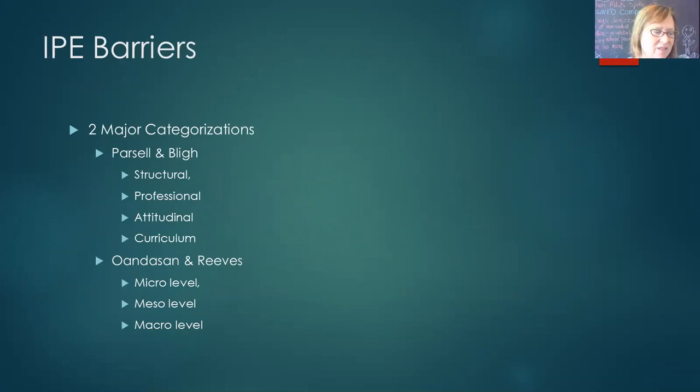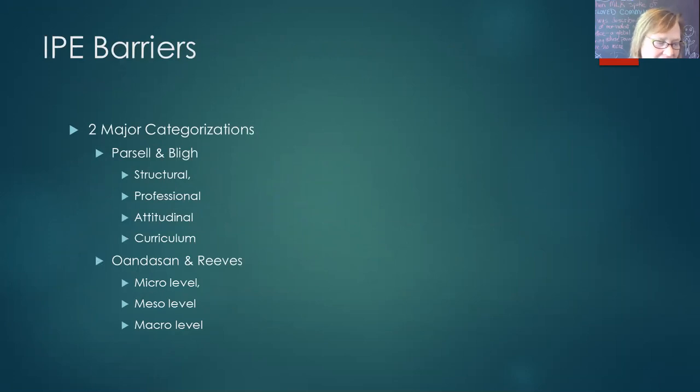The other model, and again, this is talked about in your textbook, is the one by Anderson and Reeves. And if you remember, we just talked about that in that framework, the IEC PCP framework, the educational framework. And those are the three levels, and I referred to them when I was talking about that framework a little bit. The micro level barriers, meso level, which is middle level barriers, and macro level. And so an example of a micro level barrier could be something like professional socialization. So we're socialized differently. So at that level of the individual provider, you're socialized differently, so you have different values and different expectations and beliefs about practice, about healthcare practice.